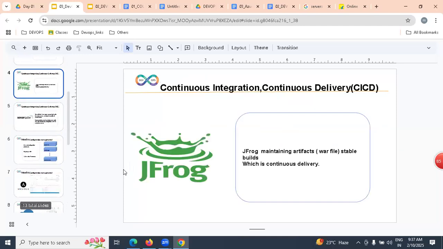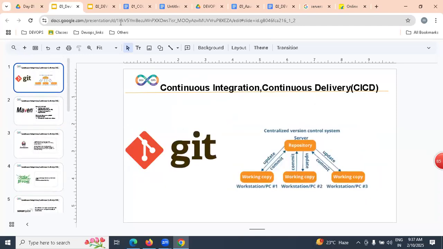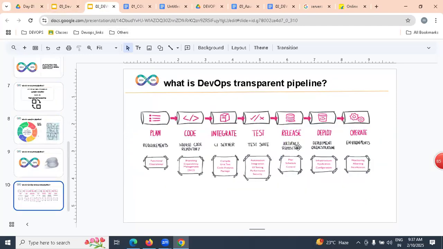These are all the tools we're going to learn for implementing our DevOps transparent pipeline.